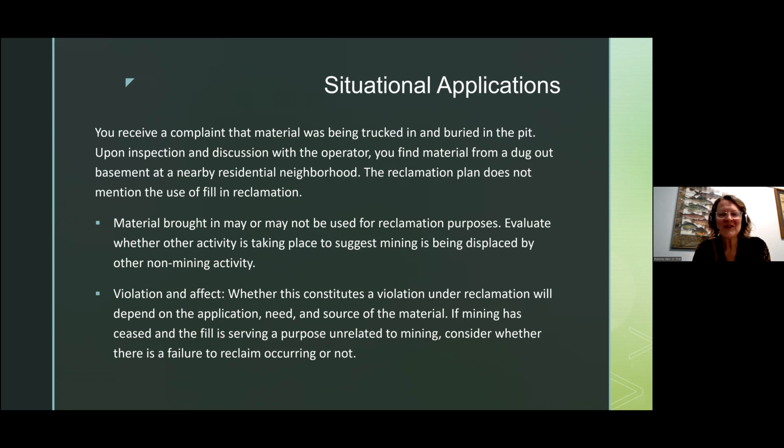And so a violation due to changing conditions could lead to an order to modify the plan. But at the same time, it might not even be considered a violation. It might not be something that you would have to issue an order for. It could be just a situation where, yep, we know about it, thank you for sharing your concerns with us, and we went out and inspected the site and did not see a violation. So this one could go either way. Not all complaints lead to a violation, and not all complaints lead to a need to have an order issued for modification.